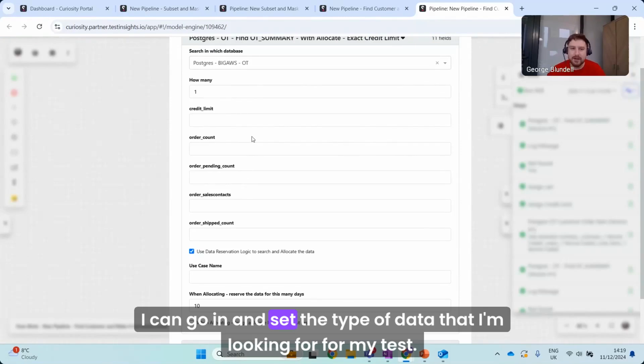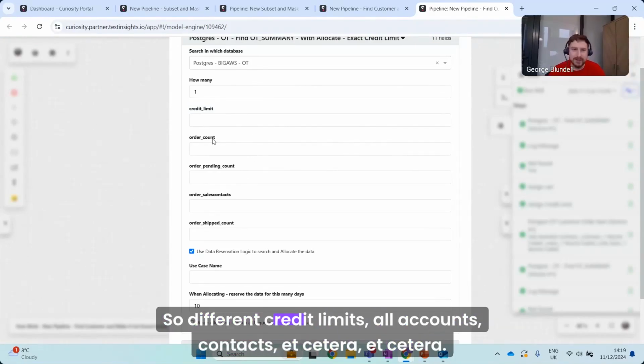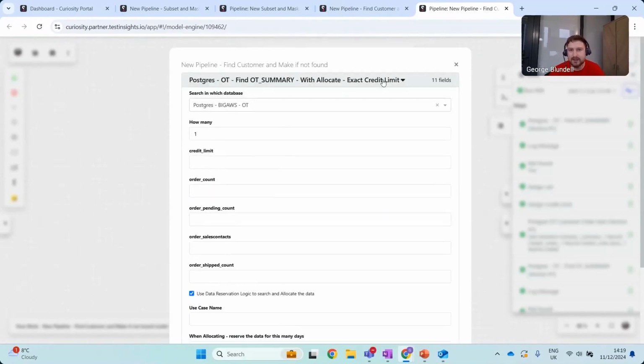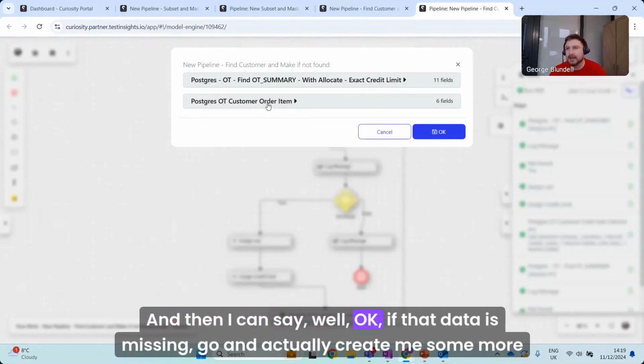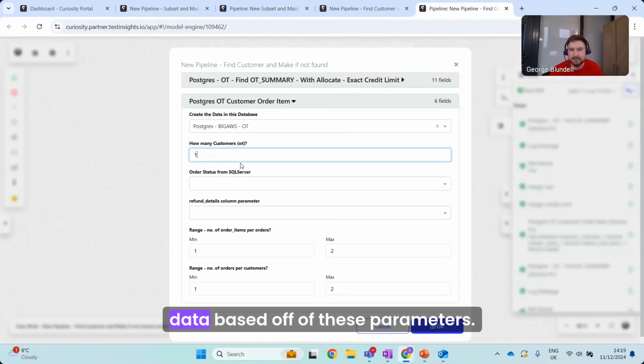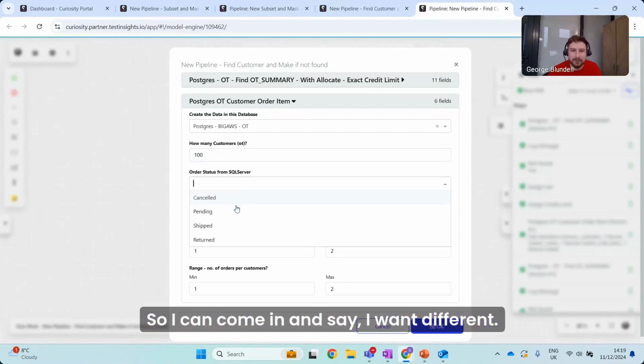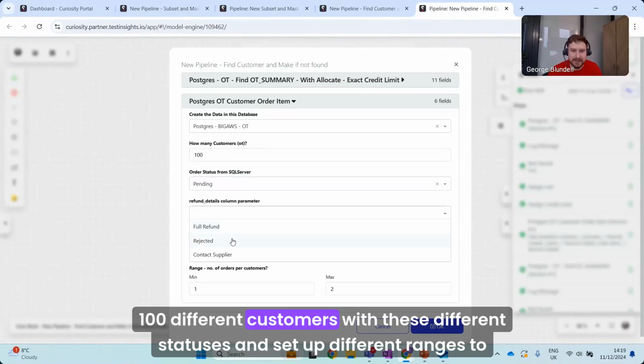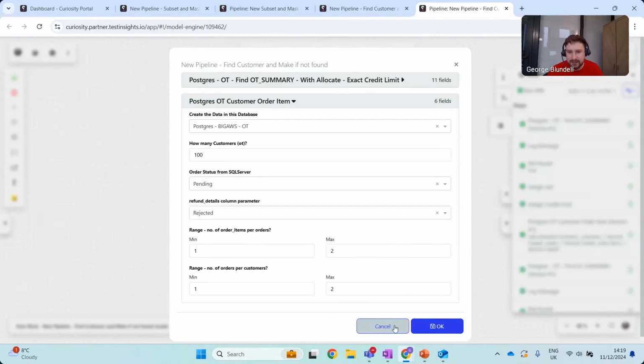I can go in and set the type of data that I'm looking for in my test, so different credit limits, order counts, contacts, etc. And then I can say, okay, if that data is missing, go in and actually create me some more data based off of these parameters. So I can say I want 100 different customers with these different statuses and set up different ranges to generate.